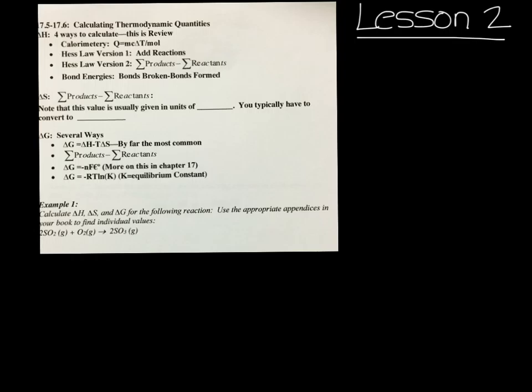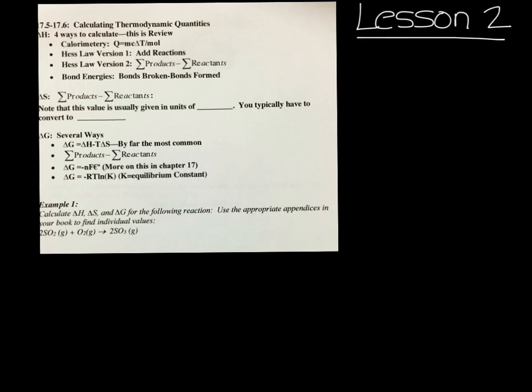Okay, so this is the second and last lesson in thermodynamics. I just want to review that we've already done a lot with thermodynamics previously in the year. In calorimetry, we used Q equals mc delta T. Then we did Hess's Law 1, where we added reactions. You took the two reactions, that's where you had a catalyst or an intermediate that was formed, and you got a final reaction. Then we did Hess's Law version 2,